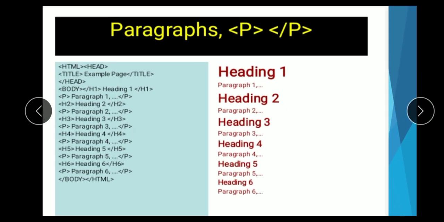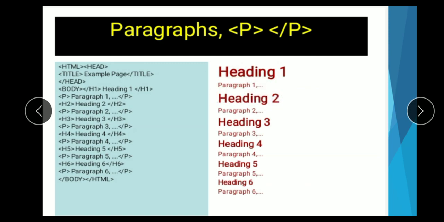Here you can easily understand: paragraph P1, H2 heading, paragraph P2. So here a paragraph is given for a proper lining of both sides, left and right side. But here heading 1 is left here and right here.